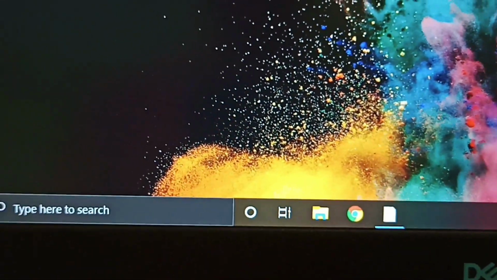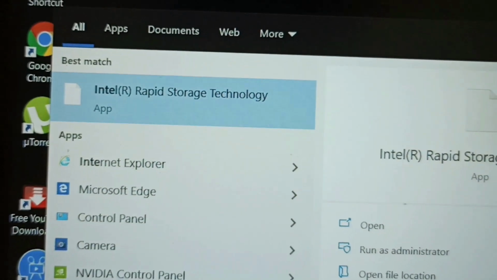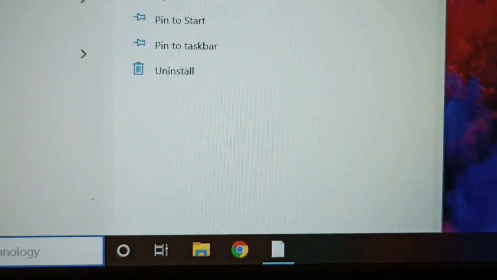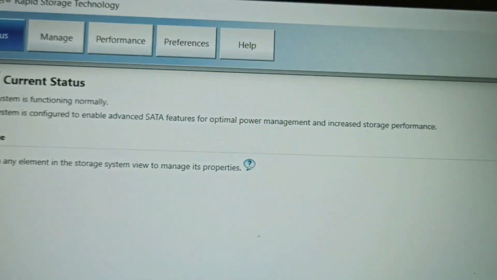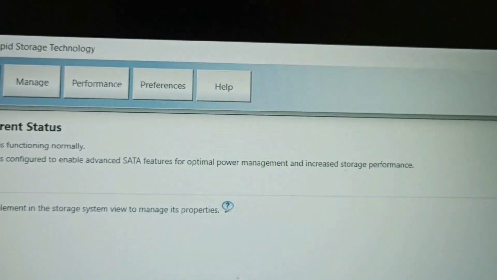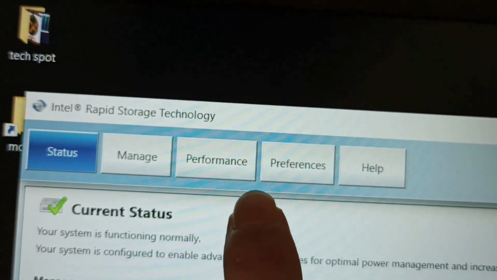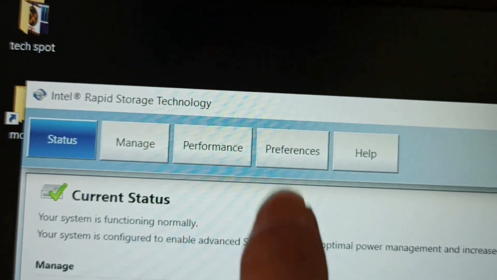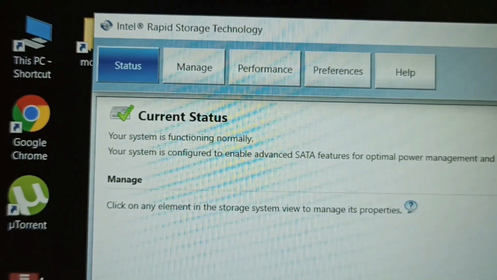And guys, if your computer is using the Intel Optane memory, go here and search for Intel. And you will get this one, guys, and open it. I have already opened it here. And guys, as I said, I have already changed my operation mode from RAID to AHCI. But if you have not yet changed from RAID to AHCI, here actually you will get one more option telling Intel Optane memory. Click on that Intel Optane memory, guys, and below that you will have a button to disable